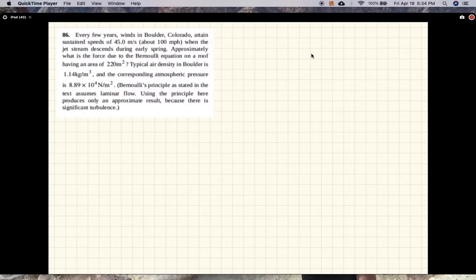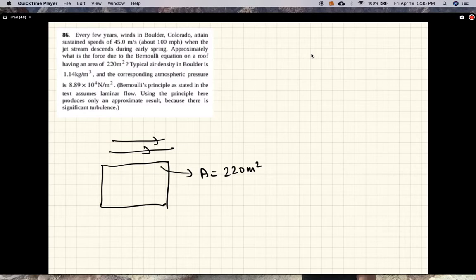All right, let's do a diagram. So here's the house, and the area of this roof is 220 meters squared, and the winds are blowing at, we'll call it V1, and inside V2 is 0, 45 meters per second. Okay,